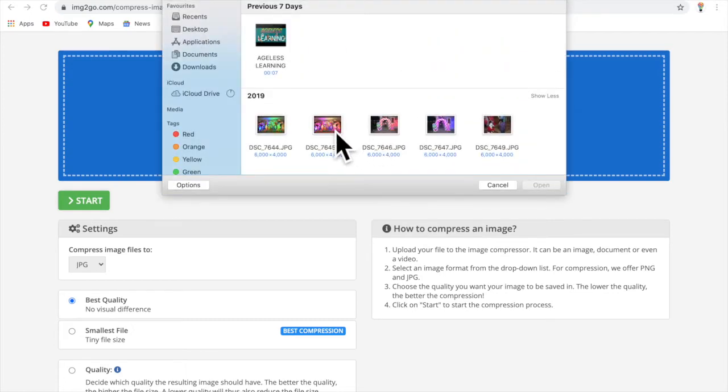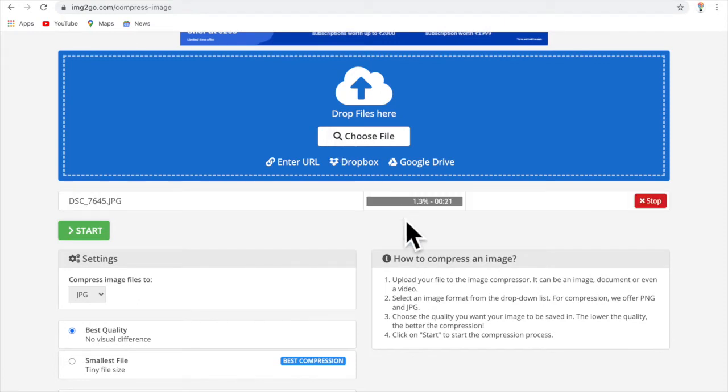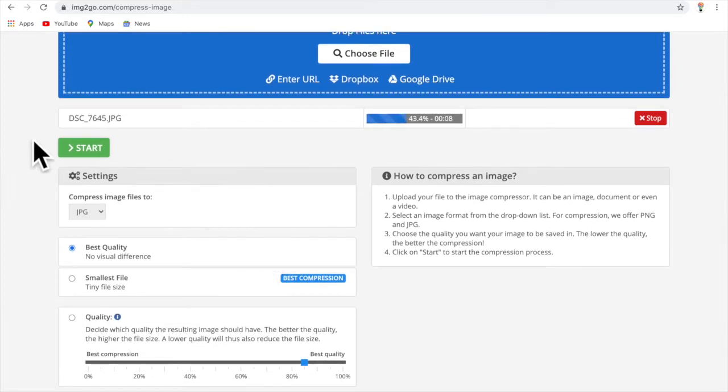Now for choosing a file, I have taken this file. This is a big file, big image. It will be uploaded here. Till that time we are doing some settings here. So first of all, before starting, I will set which kind of file I want: image file or a JPG file or PNG file.